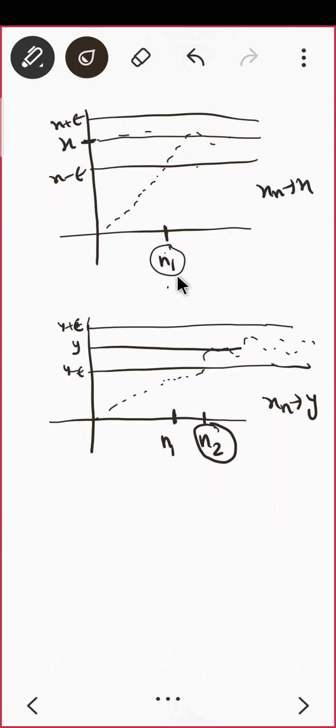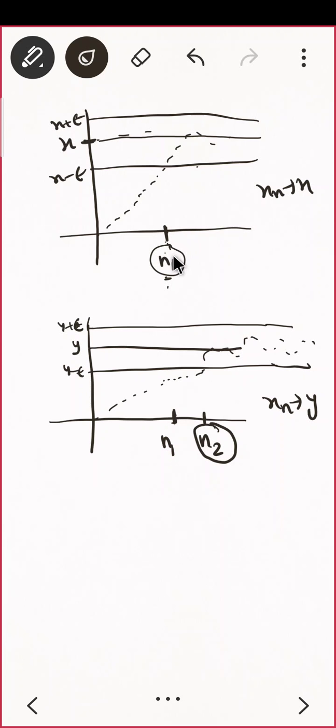Suppose, let me just repeat once again. If I took n1 and I am fixing my condition that I want both the conditions to be satisfied. Both the conditions, that means what? For x everybody should be in the epsilon band and for y also everybody should be in the epsilon band. But that is not possible because, as per the graph we have drawn, my n1 is here, but this n1 will not work for y because for y I need n2. From here everybody is in the epsilon band, correct?